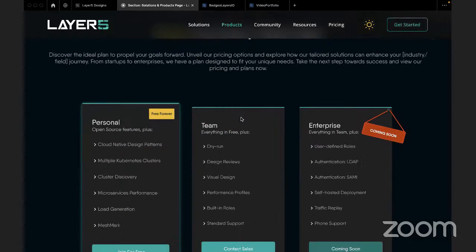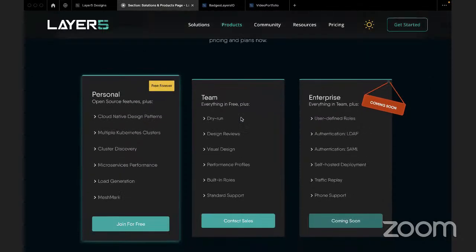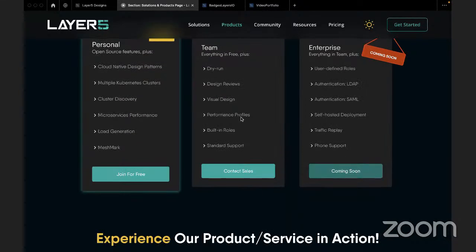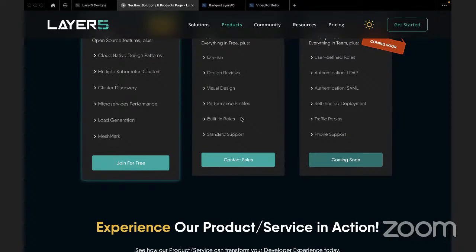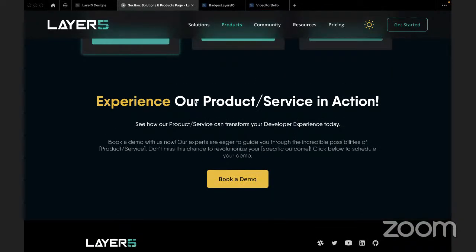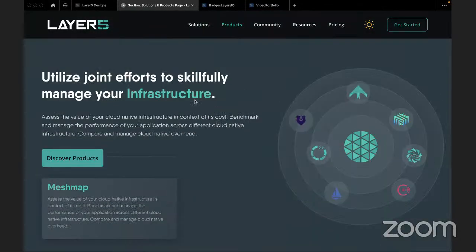This section is totally copied from the pricing page, because in this products page we are trying to sell our products, so it is necessary. And finally there is a call to action button to book a demo. So basically this is it from my side for the solution page, sorry, the products page.